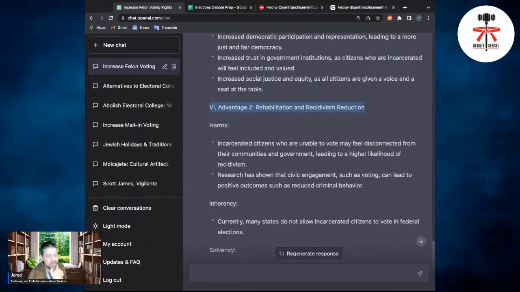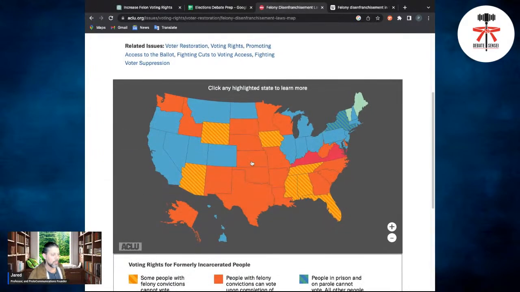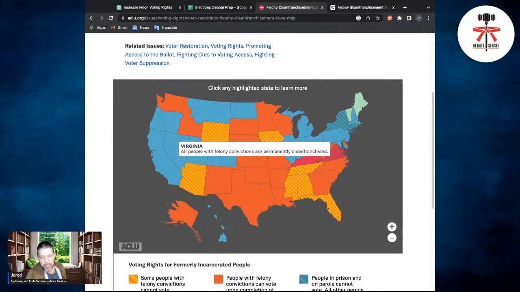It's just that, and so what that might mean is that you don't have to go all out and say, yeah, everyone in jail. The arguments are fundamentally the same. And so if you don't want the boldness of your plan to overshadow the arguments and the advantages, just go with one of the easier ones, right? Where it would be upon completion of their sentence. And so what you'd be doing is just saying, hey, Kentucky and Virginia are no longer allowed to disenfranchise voters. That's effectively what would happen.